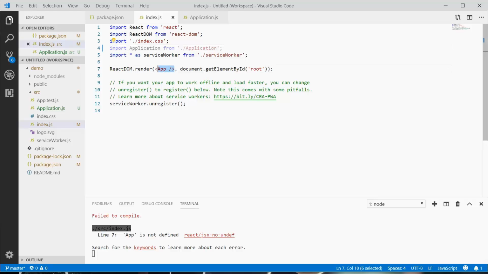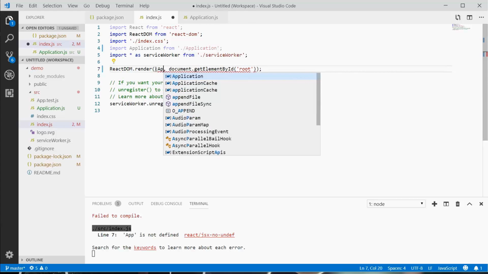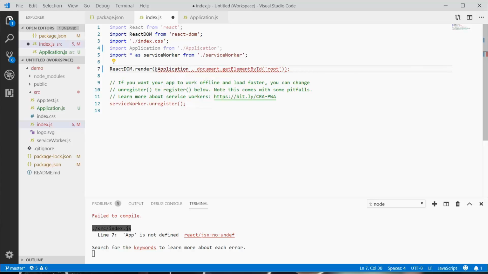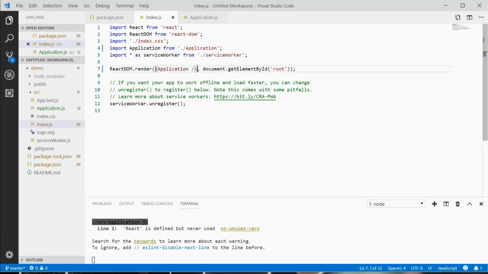So we are going to have to render our own component. So a component in React, so in ES6, is going to be written the same as HTML is. So you're going to open it with a pointy bracket, and then the application, and then it's self-closing. It can be self-closing. For the most part, it will be. We'll cover how to wrap components later on in the course, I'm sure. But for right now, this is the syntax for mounting our component. Now, if we go back to our browser,